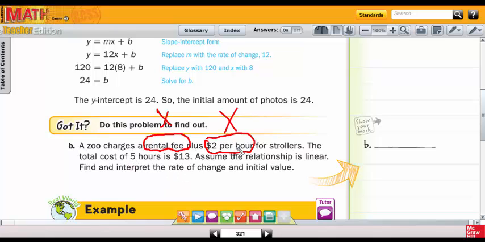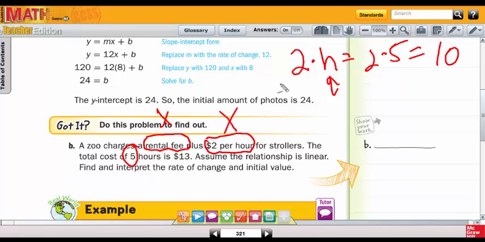So if we're paying $2 per hour, that would be 2 times the hours. And if we're using it for 5 hours, we put 5 in here, that would be 2 times 5, and that would be a $10 charge. So obviously, if there's the $10 charge for this portion of it, then there must be an additional fee of $3. So we can recognize that our rental fee is $3. So we can quickly put that here. Our rental fee